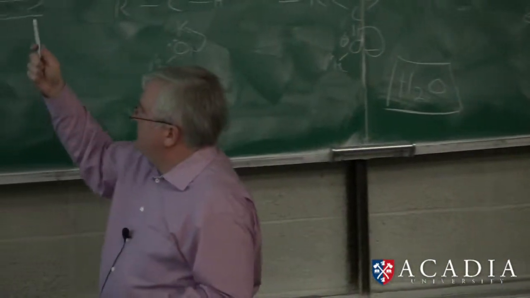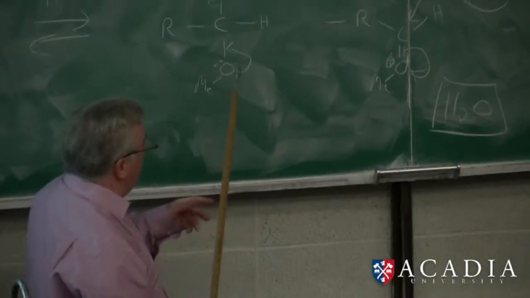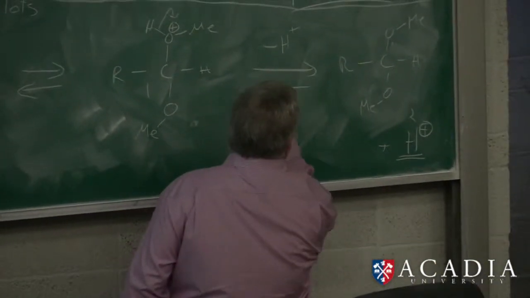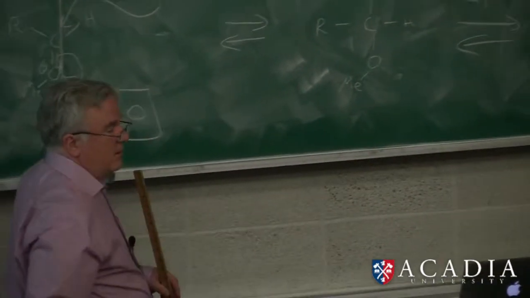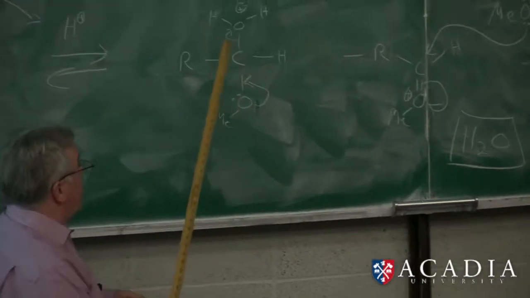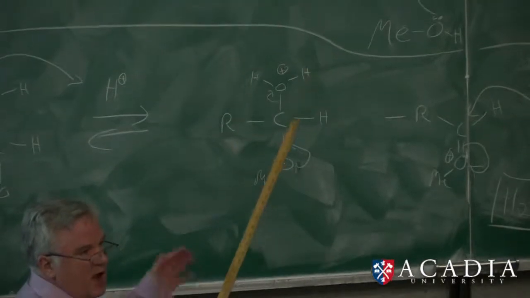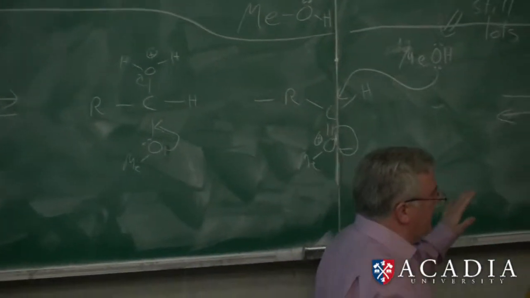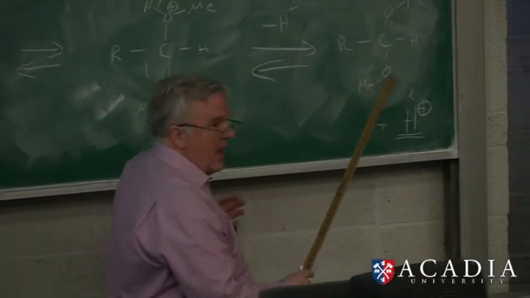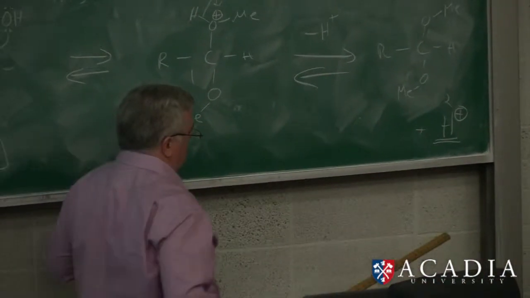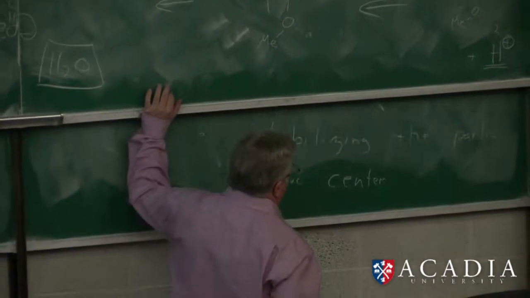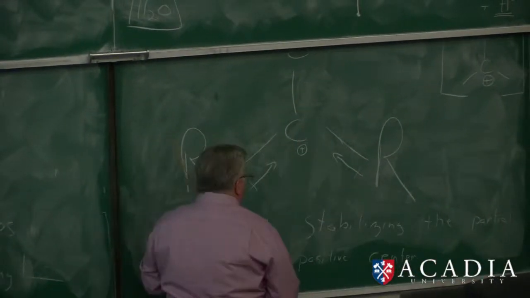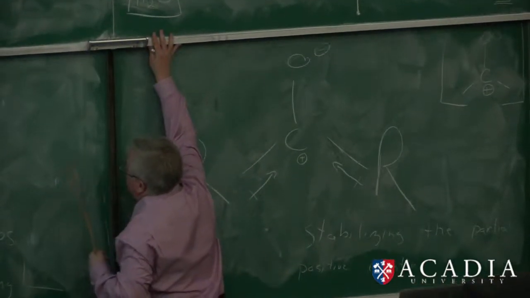Now, one of the things you want to remember is that all of these are equilibrium reactions. The proton is jumping on and off all over the place. When it jumps in the right place, the next reaction can occur to eventually get to here. So our overall net reaction then